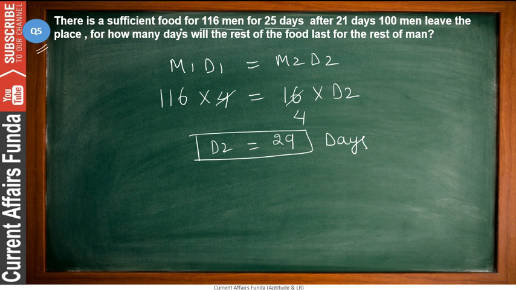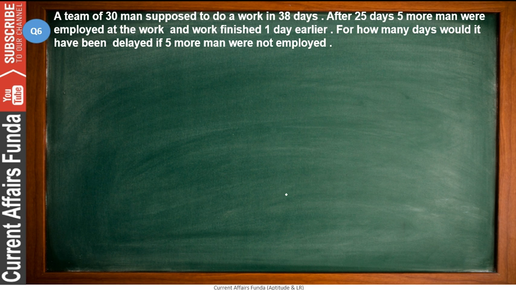तो फर्स्ट ऑफ ऑल मैन कितने हैं, टोटल 116 हैं। अब देखिए वो 21 दिन के बाद में 100 लोग छोड़ के चले गए, मतलब कि 21 दिन तो गुजर चुके हैं, कितने दिन बचे हैं, 4 दिन बचे हैं, तो 4 हमने यहाँ लिख लिए। और जब 100 लोग जा चुके हैं तो लोग कितने बचे हैं, 16 बचे हैं। अब d2 आपको निकालना है यहाँ से, तो d2 29 आ गया, तो मतलब जो बचा हुआ खाना वो 29 दिनों का है अभी, ठीक है। तो नेक्स्ट प्रॉब्लम की ओर मूव करते हैं।